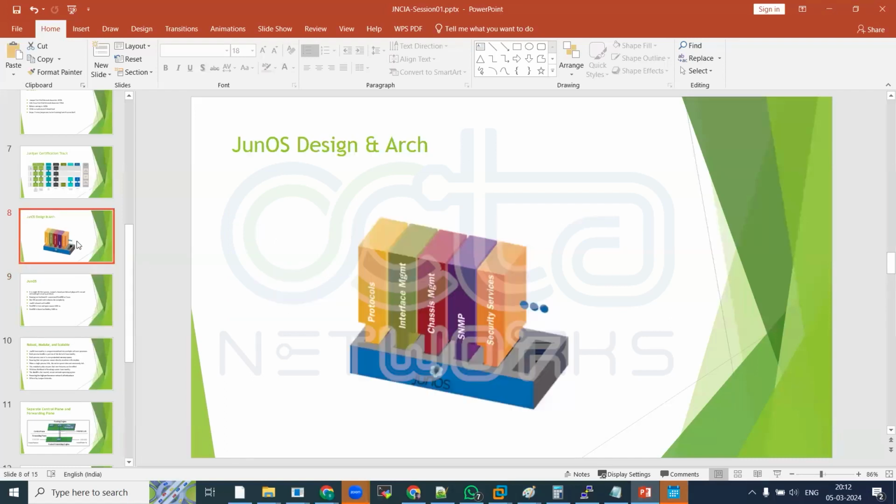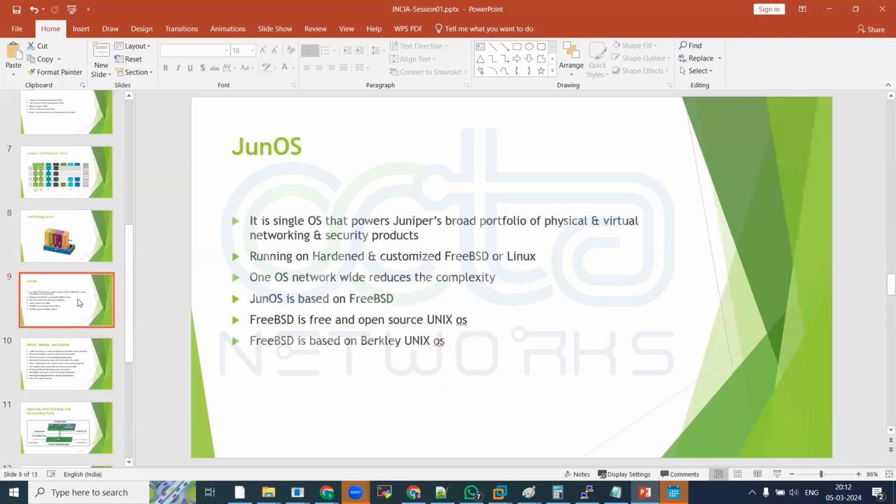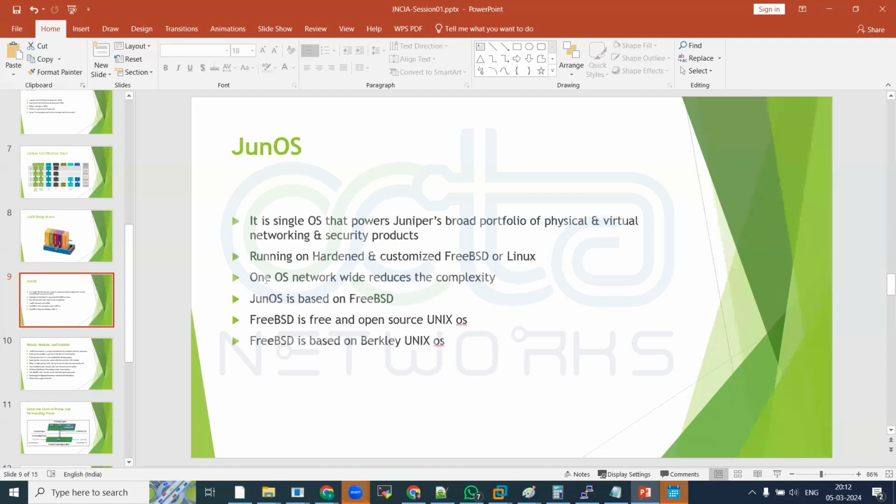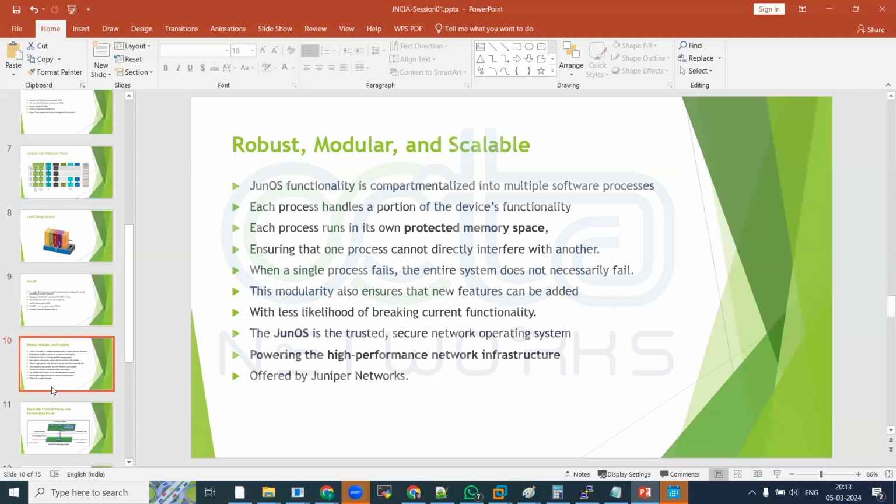Whether it is a Juniper OS or a Cisco IOS, both are proprietary operating systems, right? So you cannot make changes in the core of the operating system. But Cisco has not been open about how they designed their operating system, whereas in Juniper it is very explicit. We have used FreeBSD. We will talk about this later on.